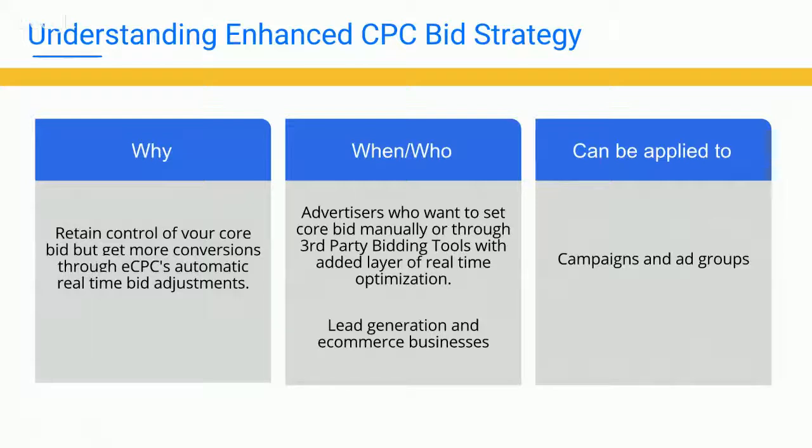This is also going to be using real-time details and factors. It's going to be looking at factors such as the device, the browser, location, time of day, the keywords, and the specific search. All of those are the factors that will determine whether or not the system is going to bid up or down on that user. So if it finds that during a certain time of day or day of the week, from a certain device type, so maybe mobile devices on Monday, Tuesday, and Wednesday, these are really effective days and devices, the system will likely bid up there to try to capture those conversions in terms of when and how that adjustment will be taking place.